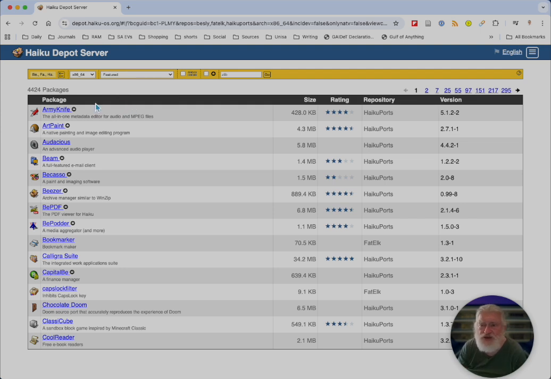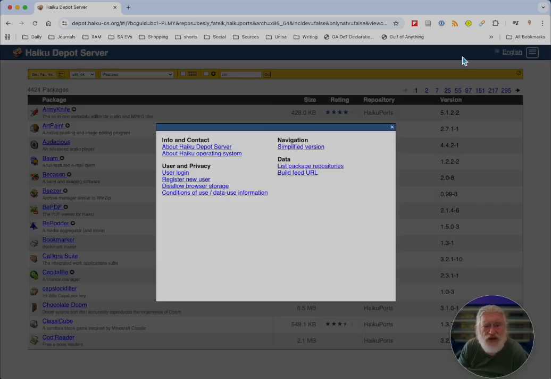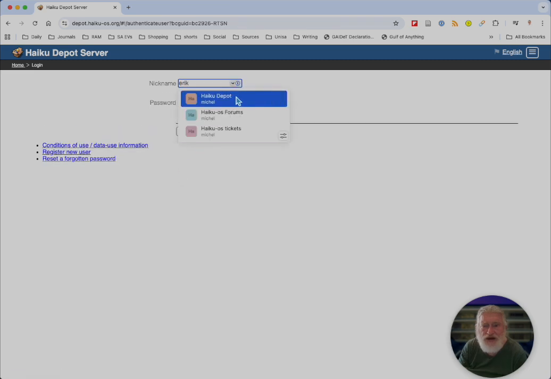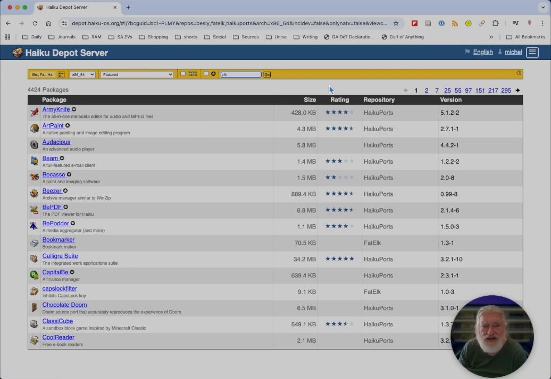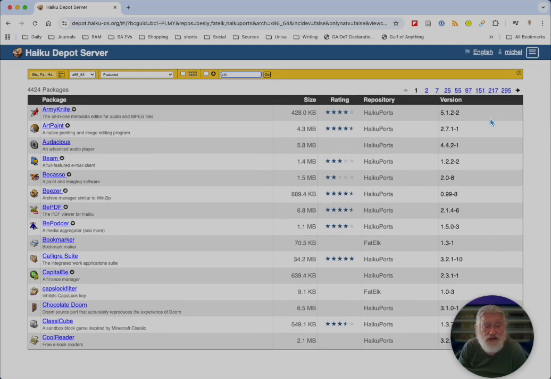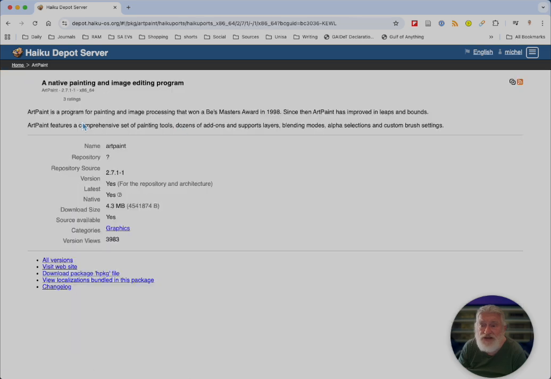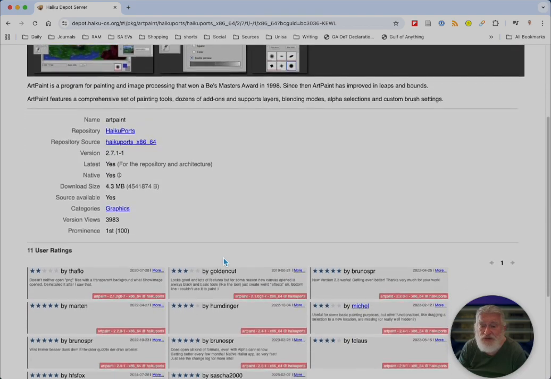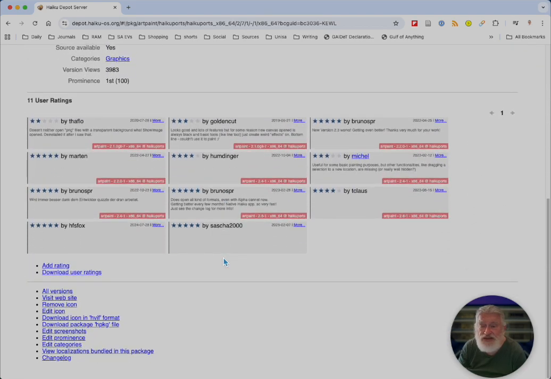Okay, so what can we do? Right? First of all, if you go in here, you can log in. And here my password manager is active. So because I have an account here, and you don't have to have an account to use this interface, but if you have it, you can do a few more things. All right, let's see, Art Paint. All right, so give some information. Then you get the user ratings and